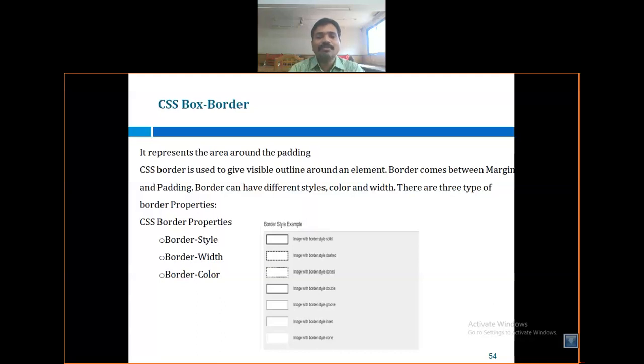Then you can make your border. So this is the way you make a border style, and then you can set the border width and border color. These are the examples related to border style.